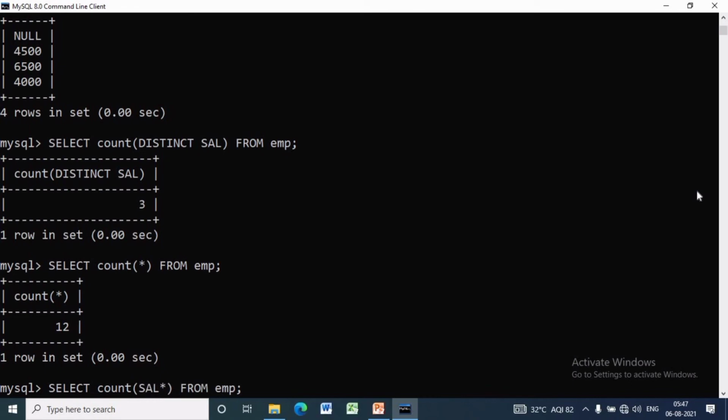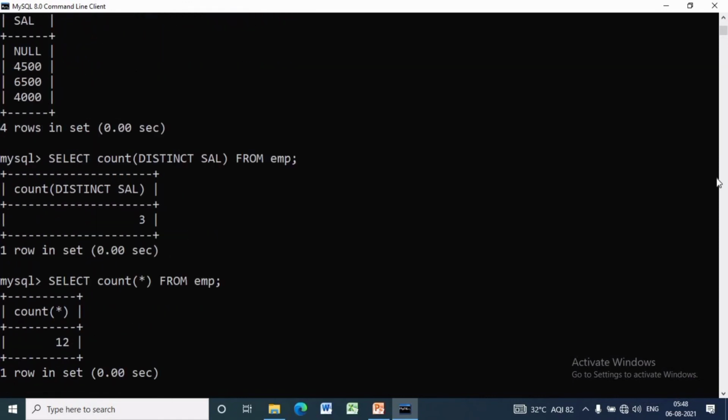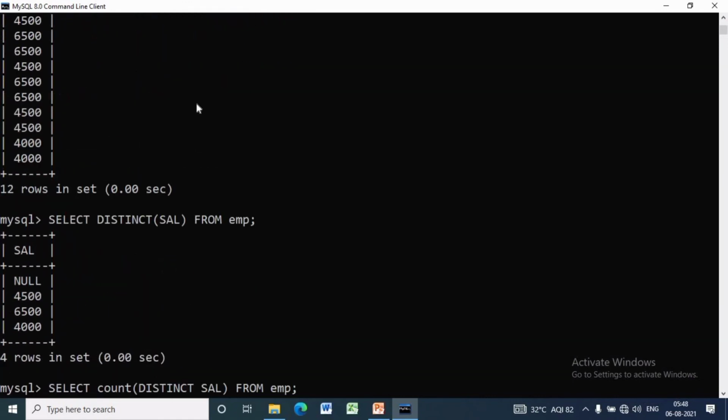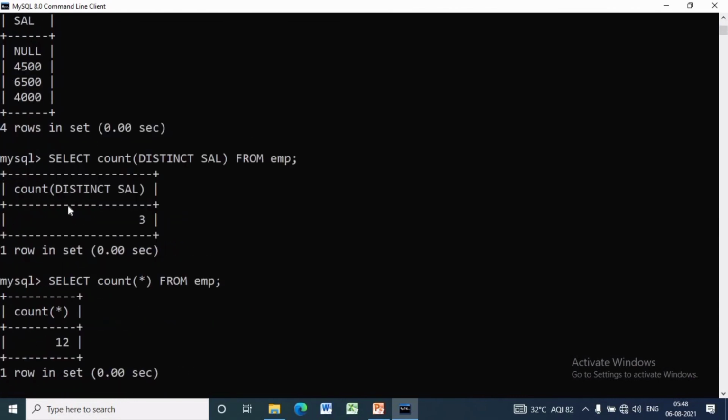But if we specify the argument expression, that is COUNT(SAL), then the function returns rows where the expression is not null, and there are 10 rows without null values. You can see here in salary 2 null values are there and 10 not null values.